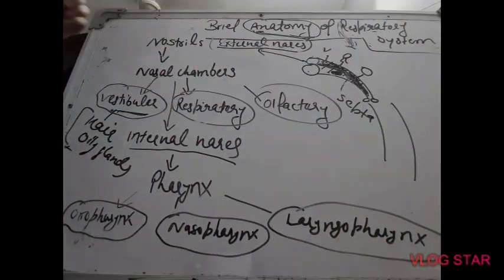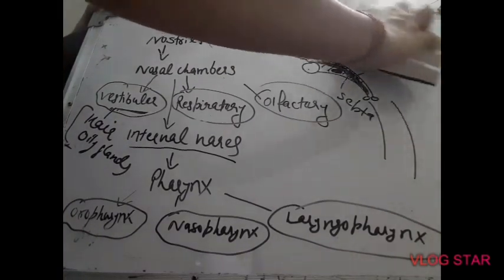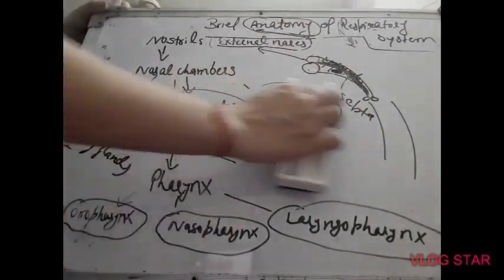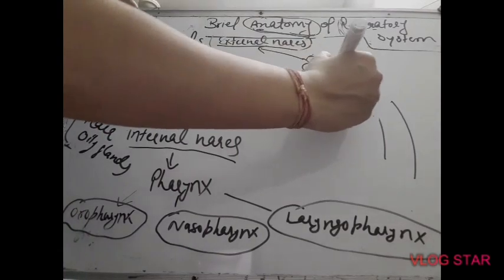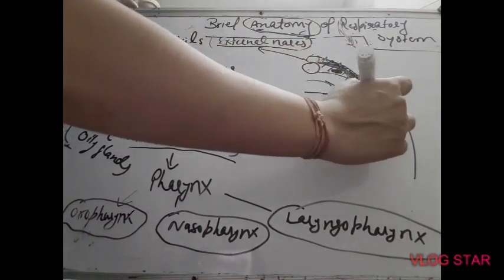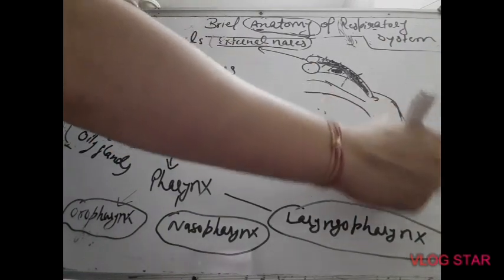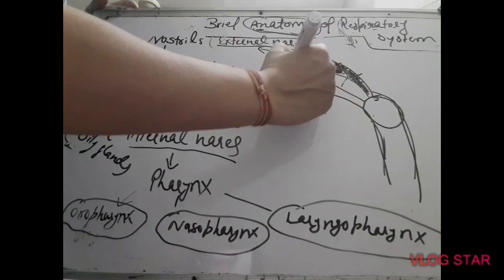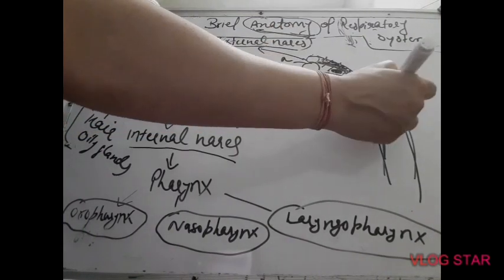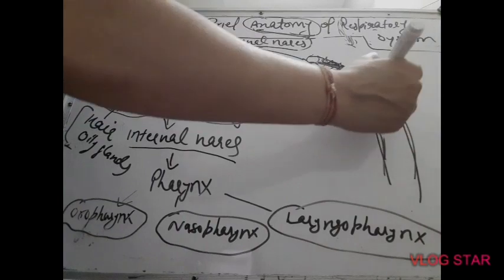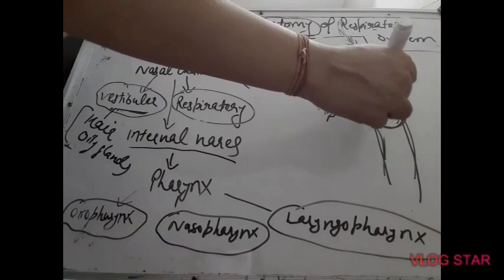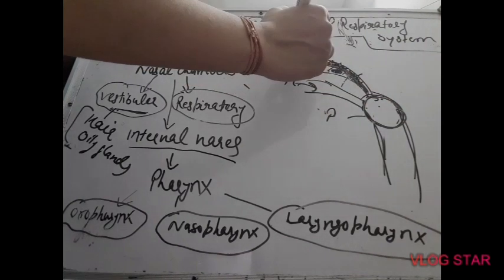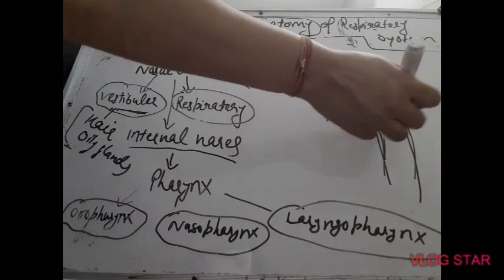What is pharynx? We have done it earlier in the previous chapter of human digestion and absorption. I am going to explain here. This is our nose and this is our mouth, and we know nose and mouth open into a common cavity. This common area where both mouth and nose open is known as pharynx. We have studied about this earlier. So pharynx is the part where the oral cavity or the nasal cavity opens into.